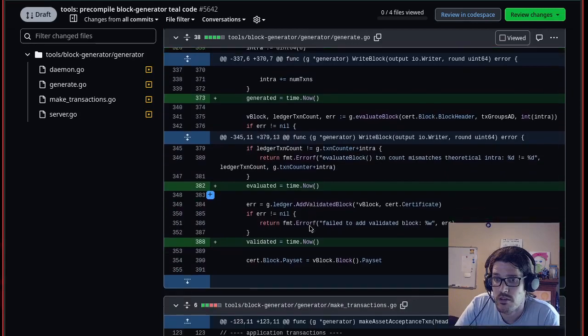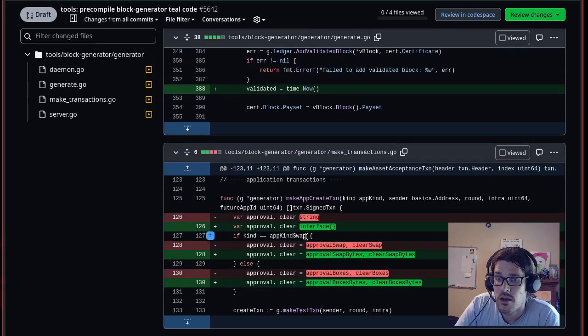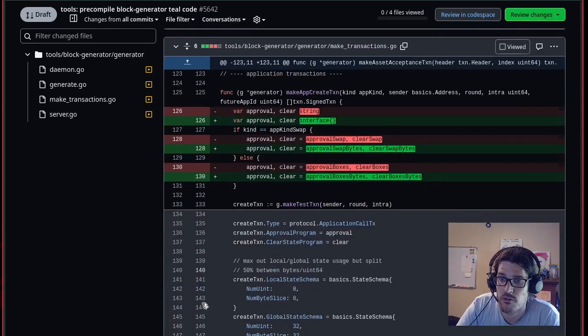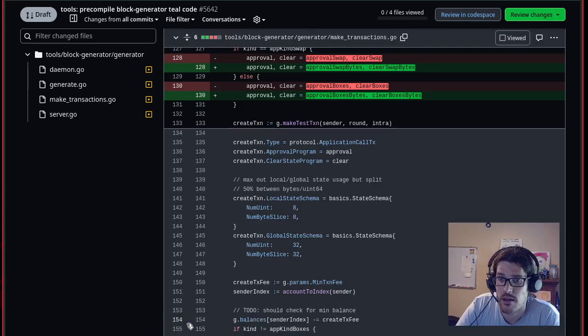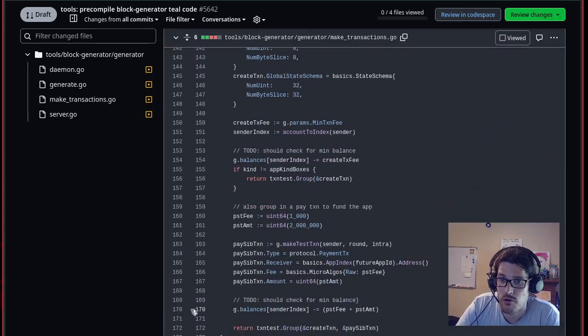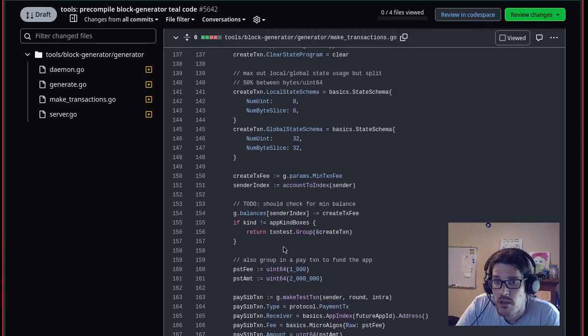And the reason that this works is because these types, approval and clear, are interfaces. So actually, it's assigned to an interface a little bit further below. And when the program gets compiled later on, it